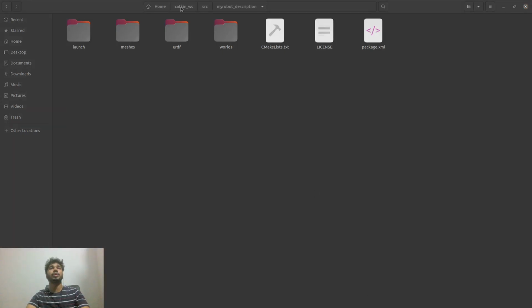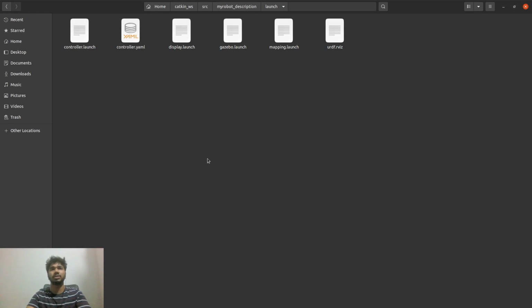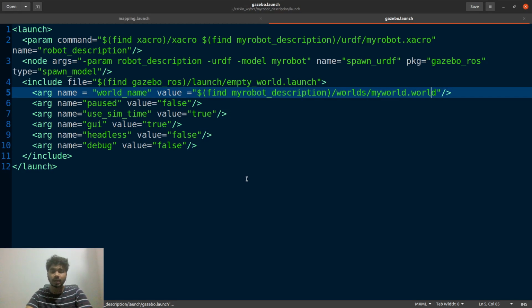Okay, so in order to fix this issue, what we need is the robot state publisher as well as the joint state publisher. So what are the joint state publisher and the robot state publisher? The joint state publisher is a node that takes in the joint values and publishes them. And the robot state publisher is another node that subscribes to the joint state values and publishes TF. So the TF transforms between all the links that we used in our robot are correctly published. That's why we need these two nodes.